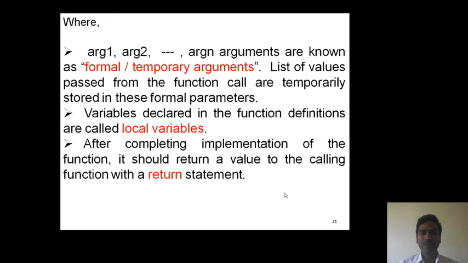Okay, so these are the three important parts: function prototype, function call and function definition. For this function definition, an example format: int fact(int k). Here we are calculating the factorial of k.